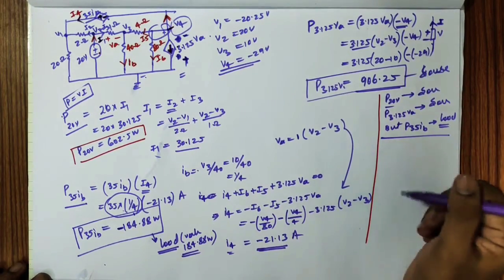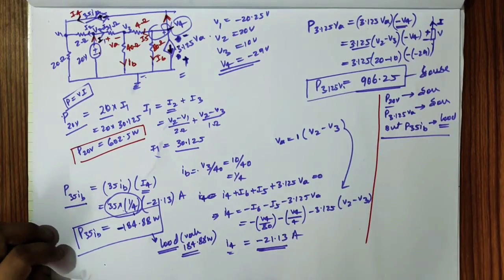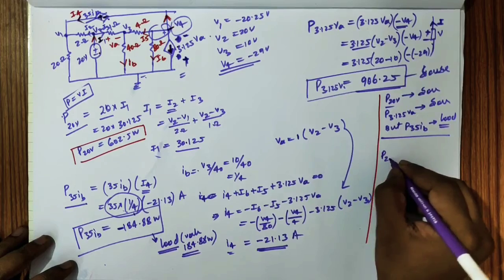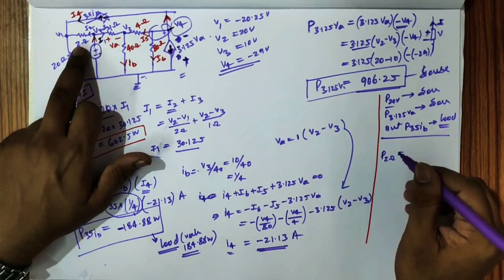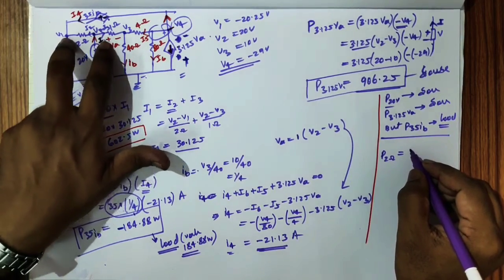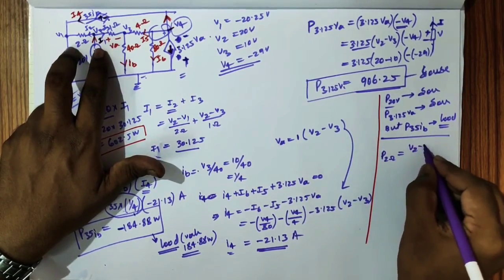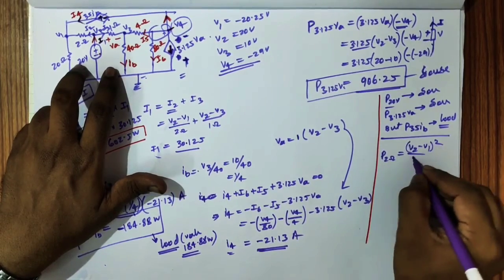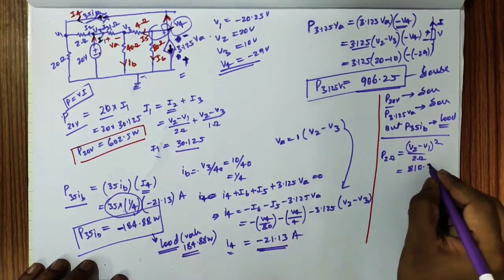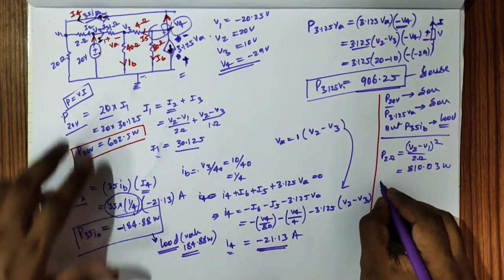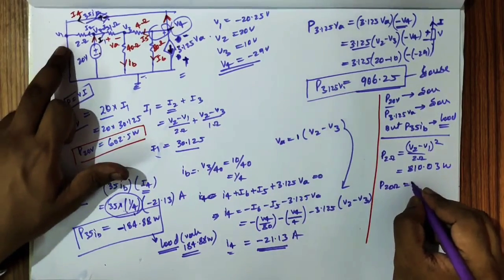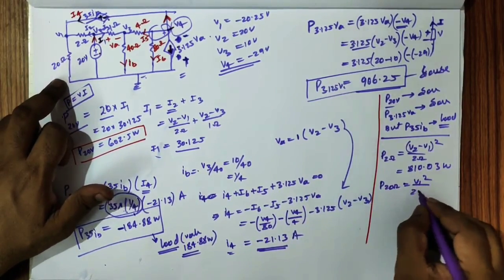the power dissipated by different elements, that is the power dissipated by P2 ohm. What is that value? The voltage across this branch is V2 minus V1, whole square by 2 ohm. So you will get a value of 810.03, and the power dissipated by P20 ohm, which is equal to V1 square by 20. So you obtain the value of